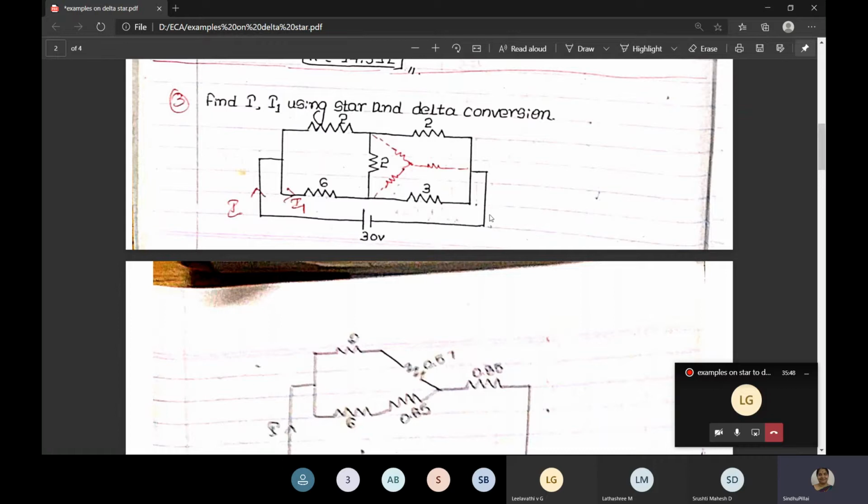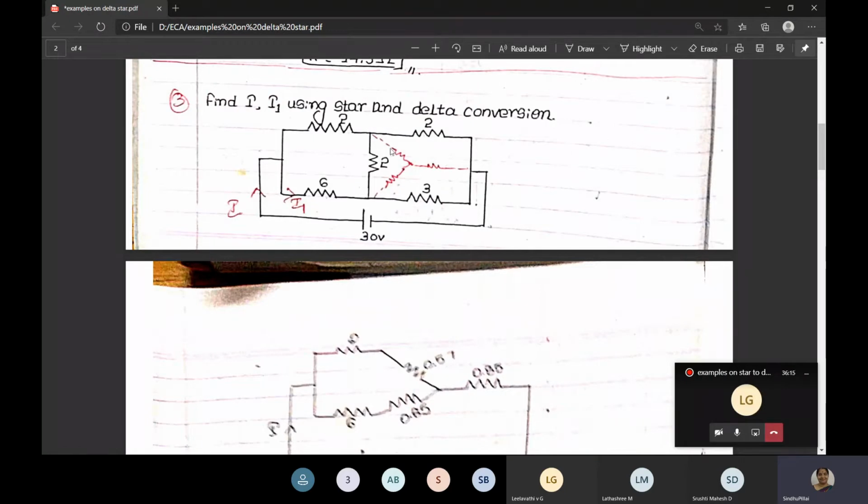Okay. So first what I have done, I have taken 2, 2 and 3. These are the delta way. Okay, so first I have put a rough star, how it looks like. So what is your assignment is, you take 2, 2 and 6 as delta, you put a rough star and you have to solve it at your home. Okay, after this class. So first what we'll do here, we have 2, 2 and 3. This is the delta. So a star network is drawn here.